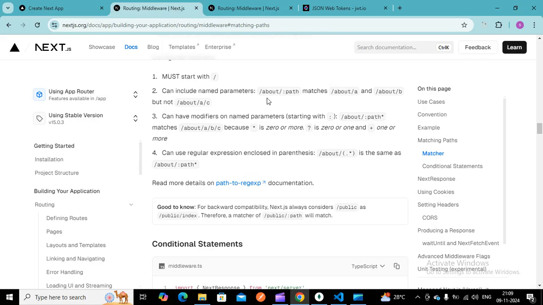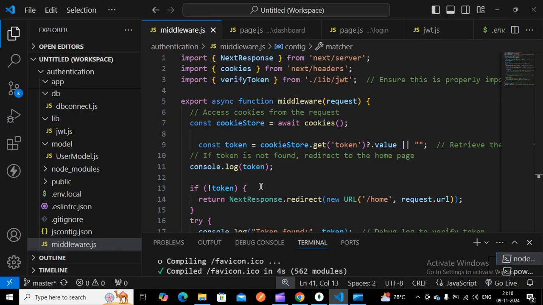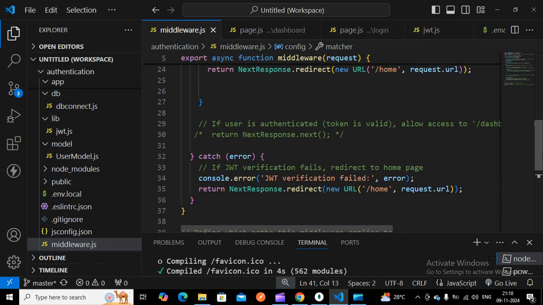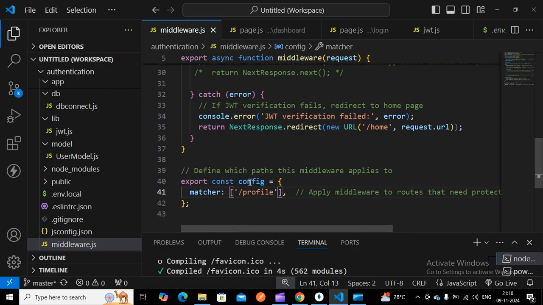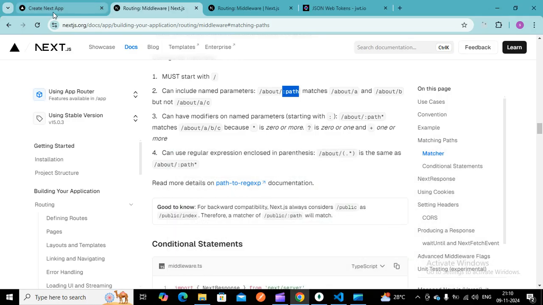If I have to go to a particular route, a or b, I have to mention the slash path. In this example we have to go to the dashboard, so instead of profile you give slash dashboard, like that for a single route. If it is a multiple route, we give path star. So this is all about the matching path.